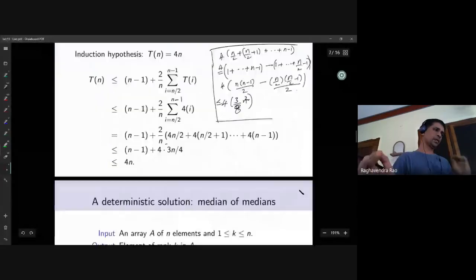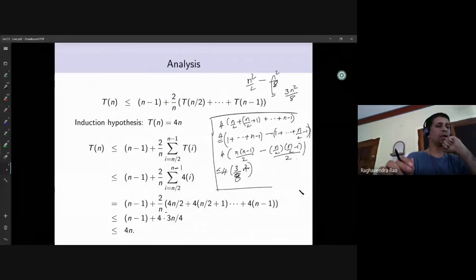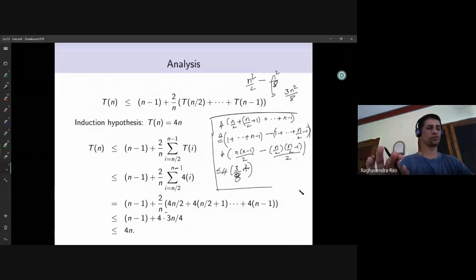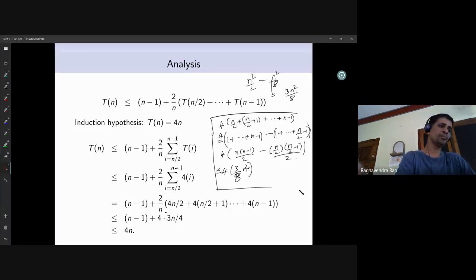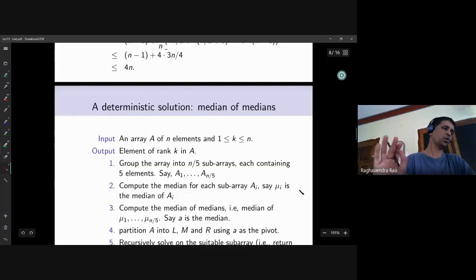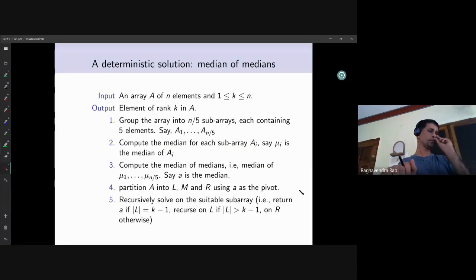Now we are going to come up with a deterministic algorithm. The randomness is gone for good. The only difference is we are going to choose the pivot in a slightly more complicated way. For Quicksort or quick select, the choice of pivot was fairly simple: in randomized Quicksort, you just randomly choose an element. Now instead we are going to do a bit more of what I call circus. I'll present the algorithm first and then demonstrate it with an example. Then we do the analysis.